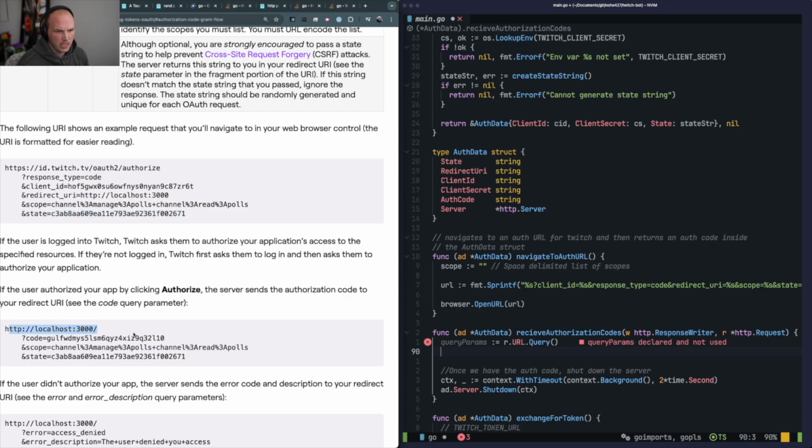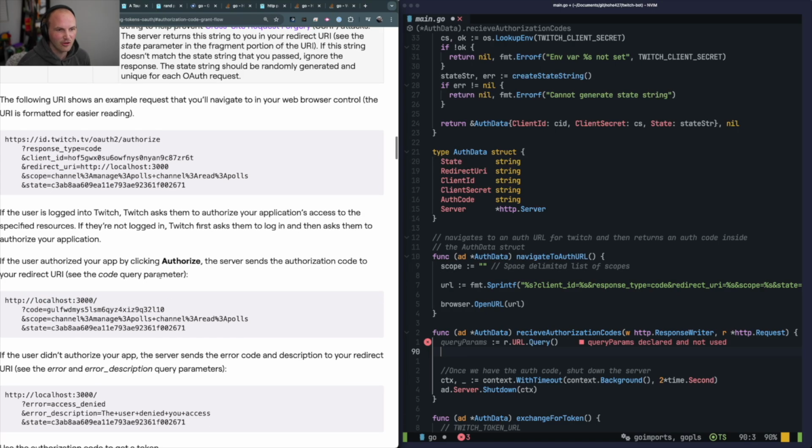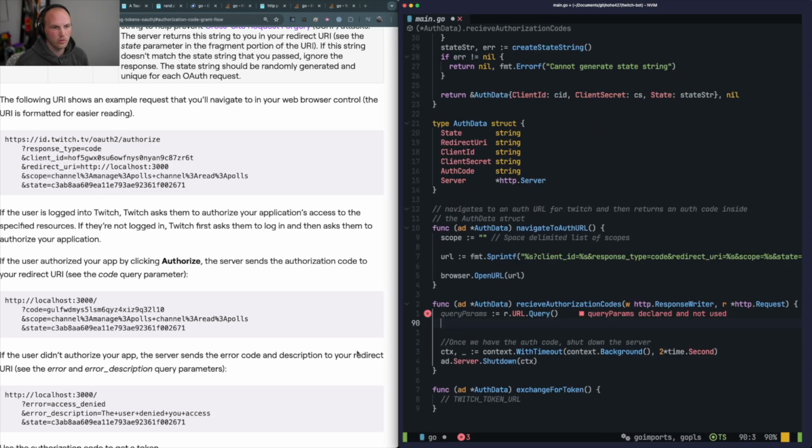So this gets the address, which we still need to generate the redirect URI. I know that we're not doing that yet. If the user authorized your app by clicking authorize, the server sends the authorization code to your redirect URI. See the code query parameters. So the code is equal to